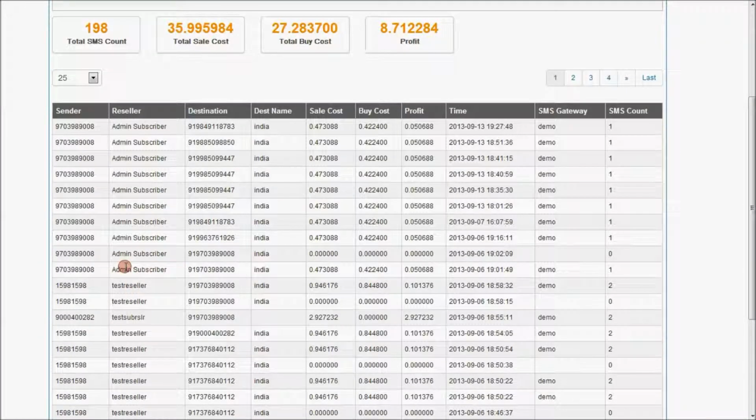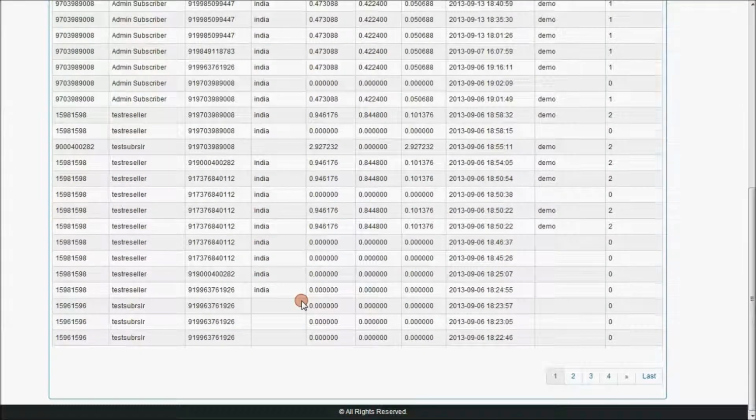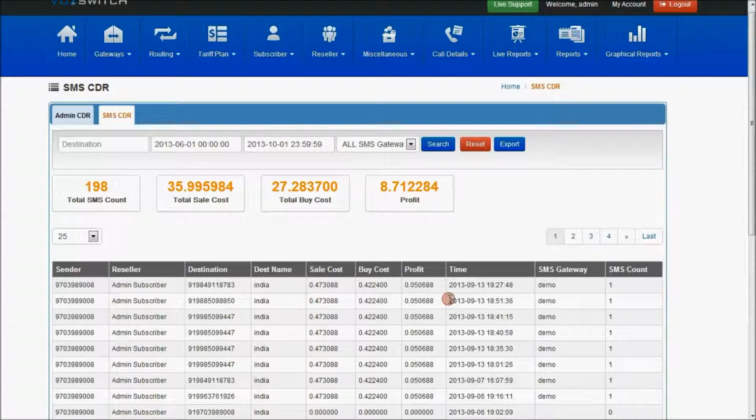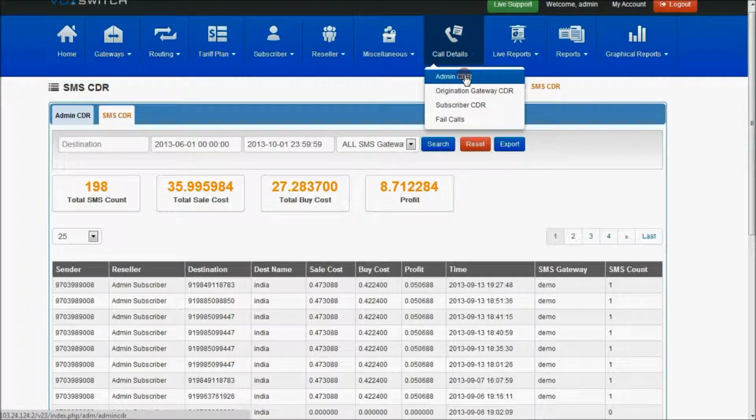A direct subscriber is shown as an admin subscriber, and the reseller under which parent the subscriber sent an SMS will be displayed here, and the gateway, the SMS count, the sale cost, buy cost, profit, and the destination number and destination name will also be present in the SMS CDR page. So this is about admin CDR for the calls, whether pin-to-pin calls or PSTN calls, and also for the SMS CDR.